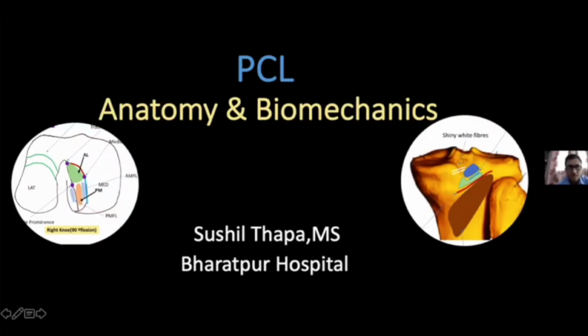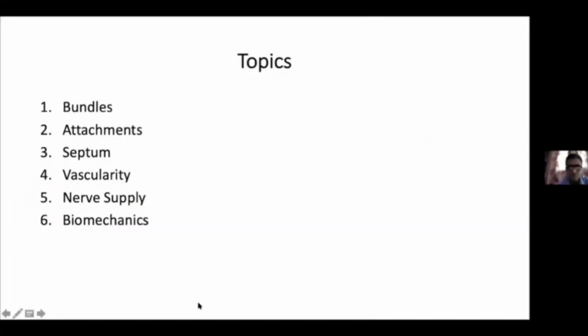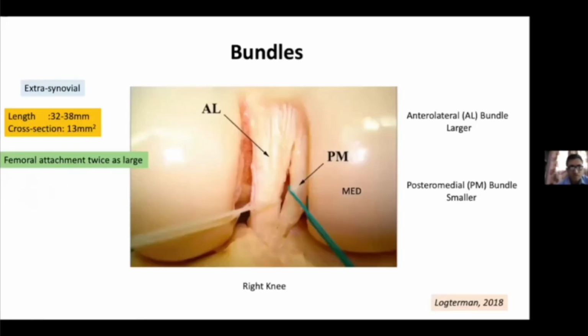On the surgical anatomy and biomechanics, very important anatomy and biomechanics of the posterior cruciate ligament. I'll talk on these topics: the bundles of the PCL, their attachment, septum, nerve supply, vascularity, and biomechanics. To begin with, the posterior cruciate ligament is